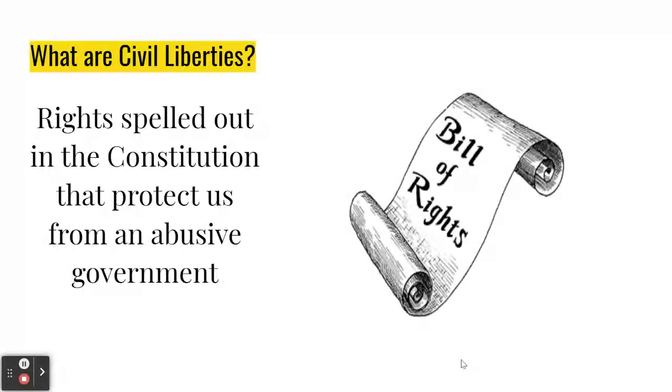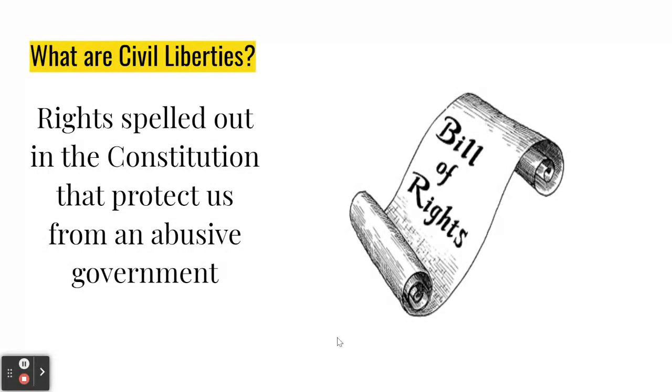They're the rights that are typically spelled out within the Constitution, and they were originally designed to protect us against an abusive government. A lot of them come out of our experiences with the British government in colonial times, and they're meant to prevent us from having a repeated scenario with our new government, right? England abused the rights of the American colonists, and these protections, our civil liberties, will protect that from happening again.